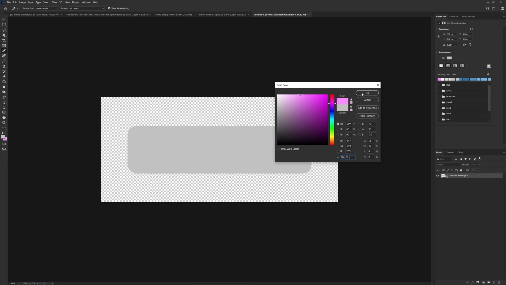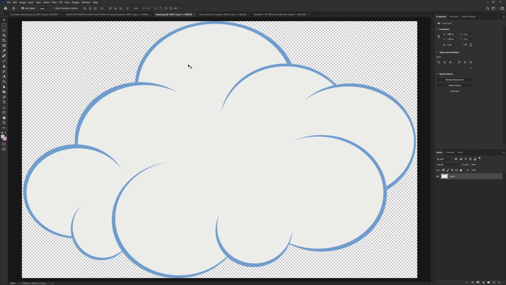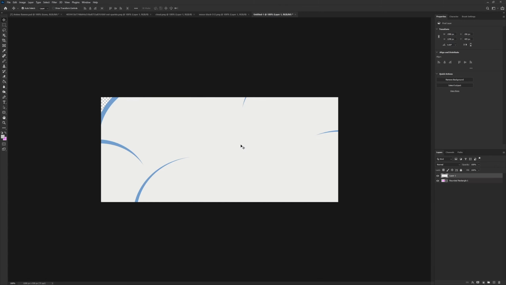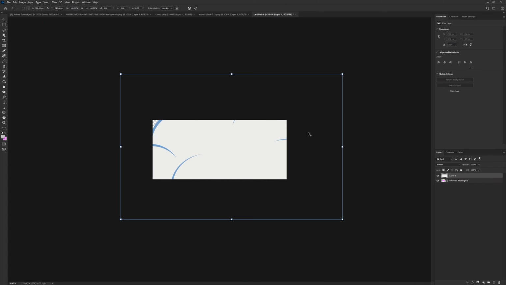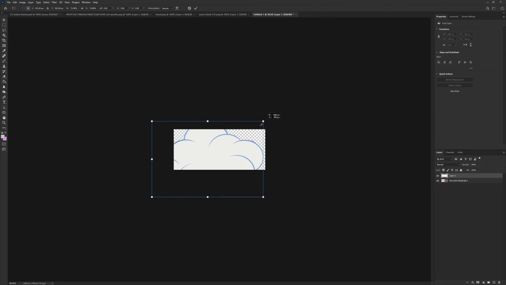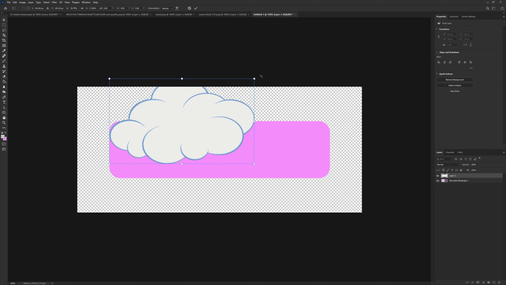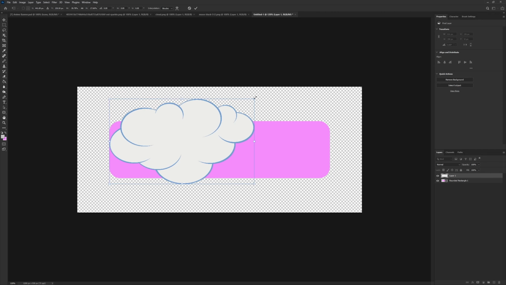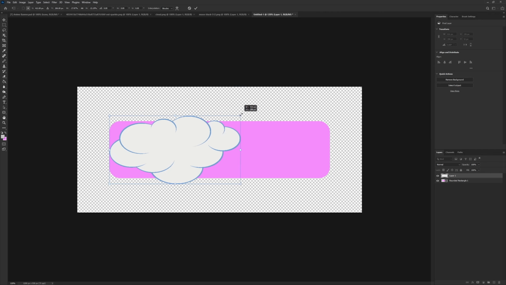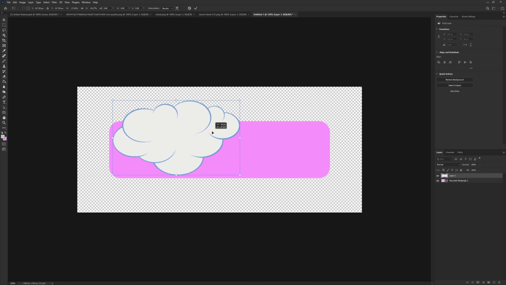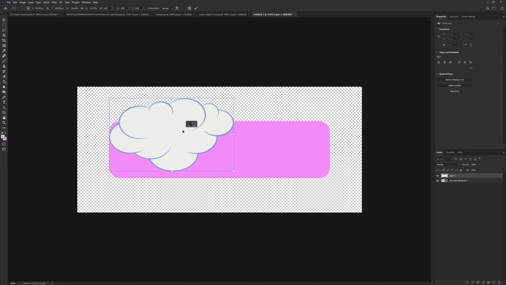F78CFD. Click OK. Now take this cloud, drag that in, do Ctrl T on your keyboard, come to the edges and just drag down, move it around here, hold shift. Now our cloud is upside down, but we can go ahead and adjust this down. And hold shift if necessary so it actually changes proportionally. Now we'll move the cloud to around there, make it a bit smaller,